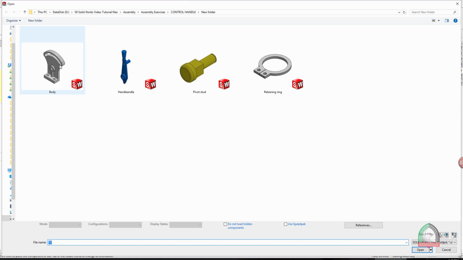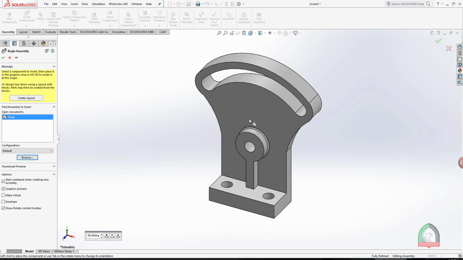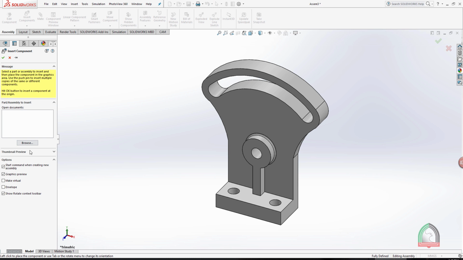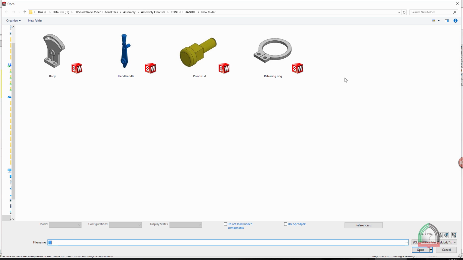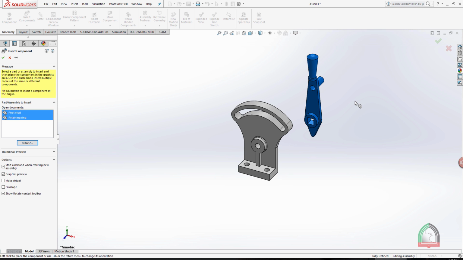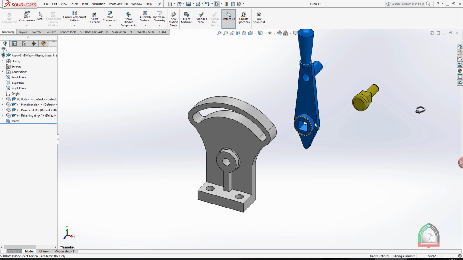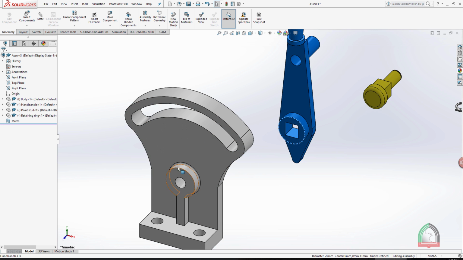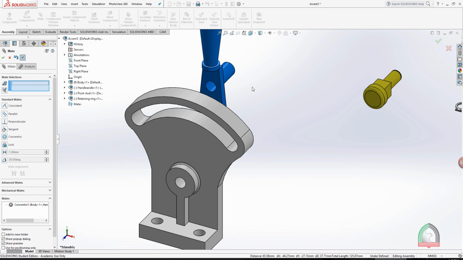I'm calling the first part body. I can call all of the parts together. So here we have 3 parts. I'm calling them together, 1, 2 and 3. Now I'm joining the handle with the base by using concentric relation first, then